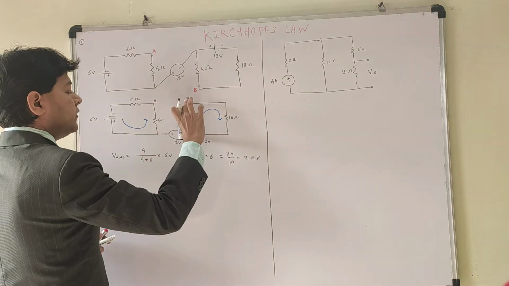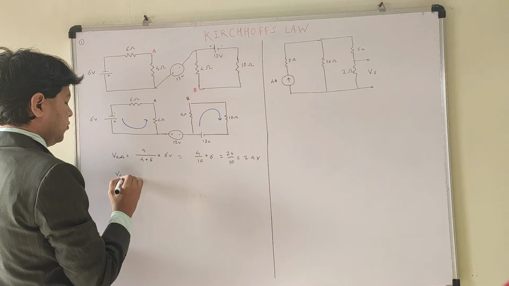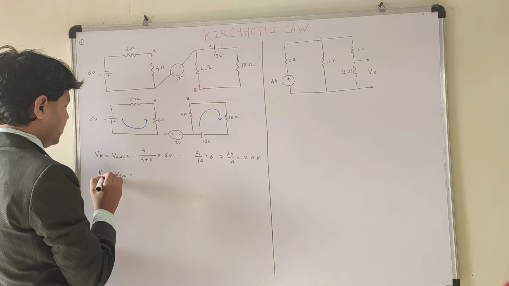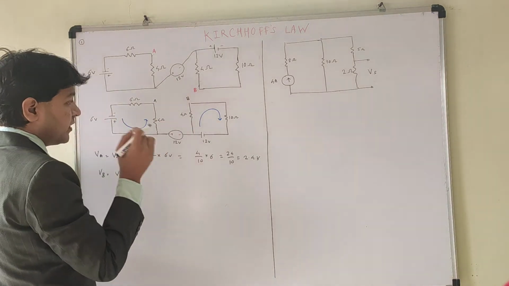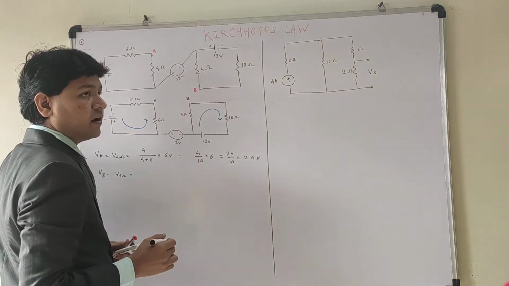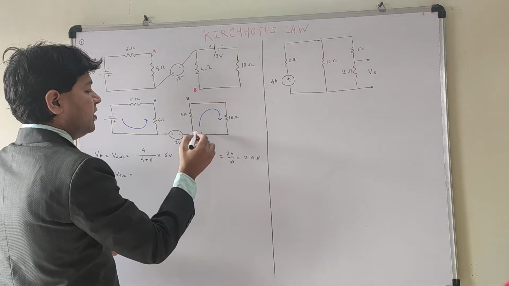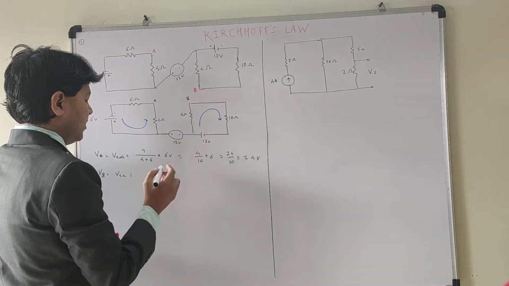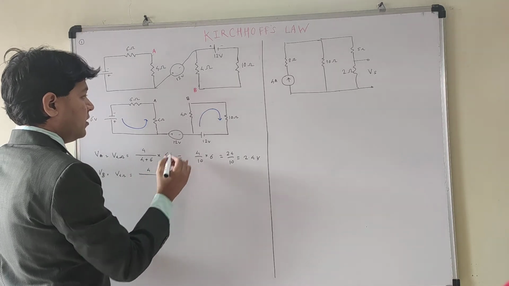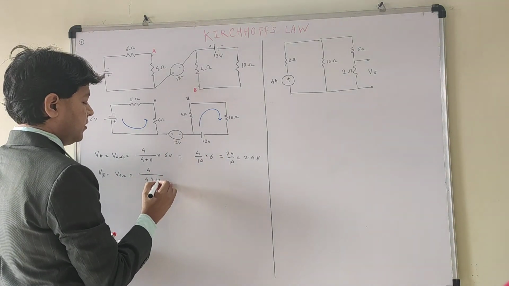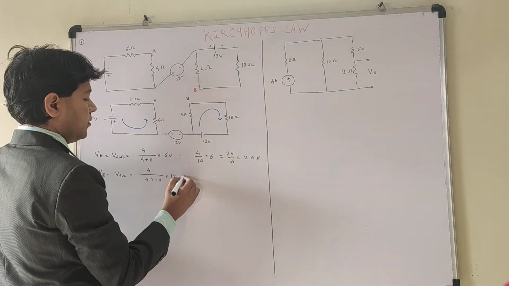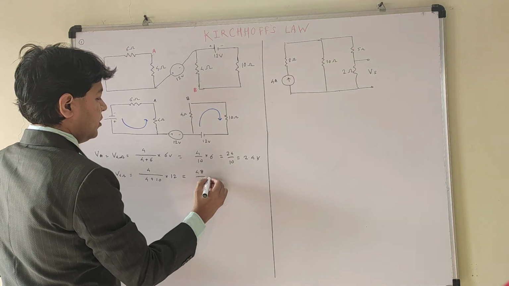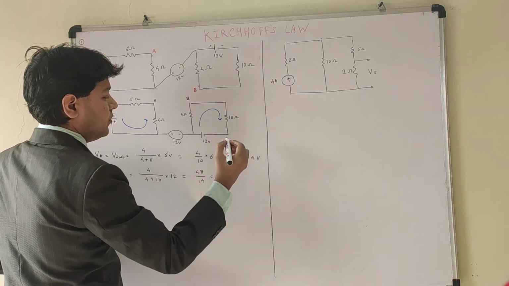Now I want to calculate the voltage across this other 4 ohm. I consider this as VA because A is there, and this as VB because B is there. Again, this resistor and this resistor are connected in series, and to this series connection a voltage source is connected. So I will again apply the voltage division formula: 4 upon the addition of the two, that is 4 plus 10, into the total voltage, 12 volt. So 12 fours are 48, divided by 14. The value is coming 3.4.